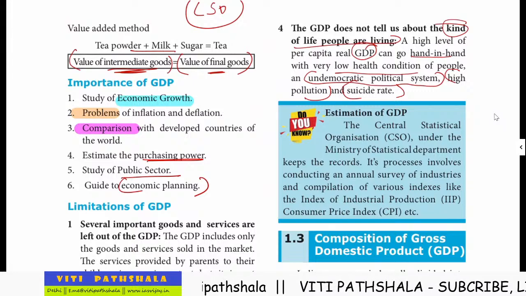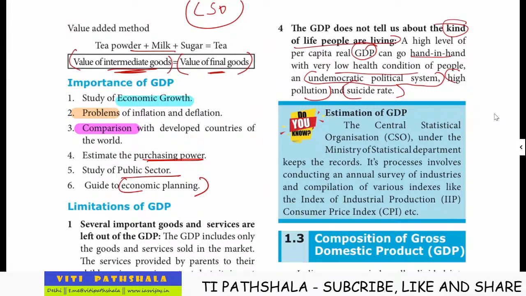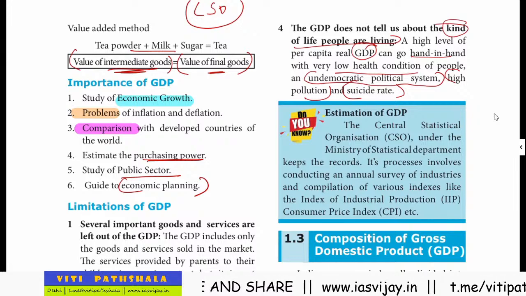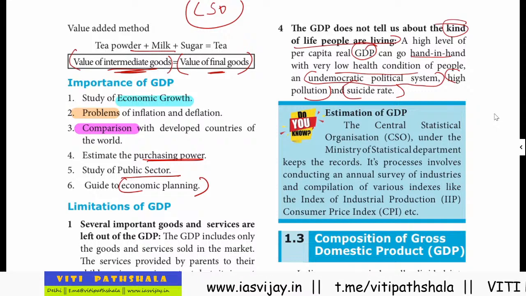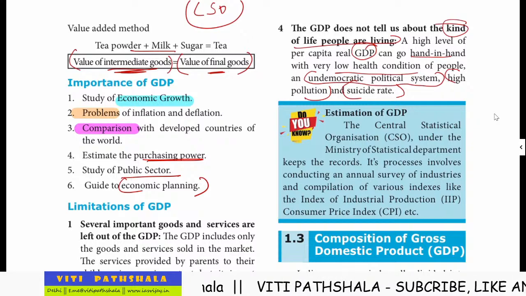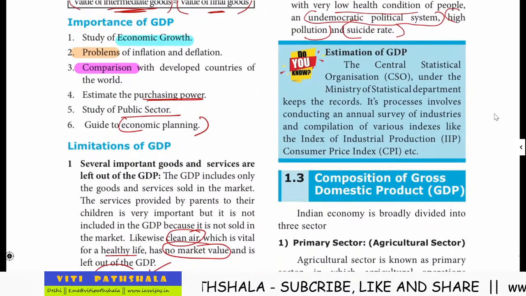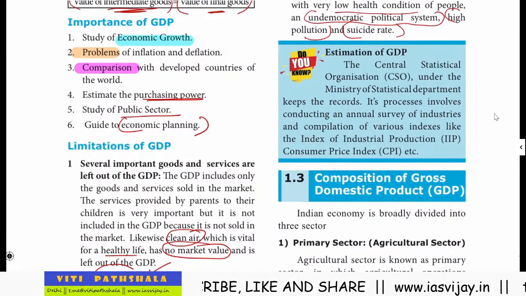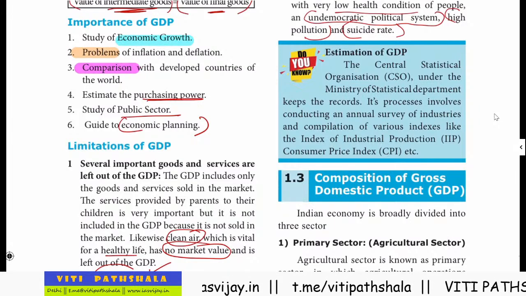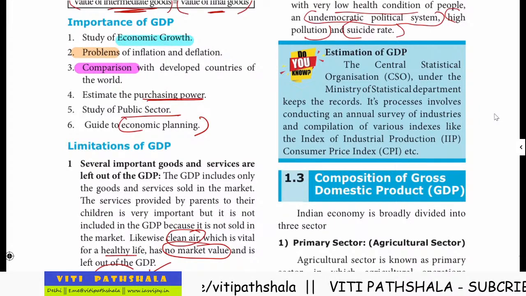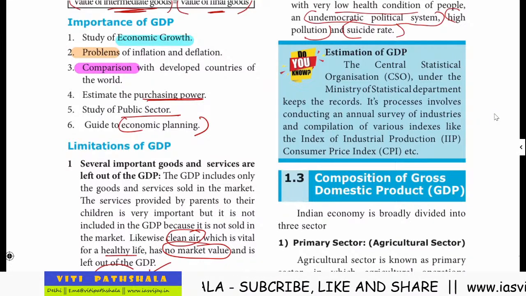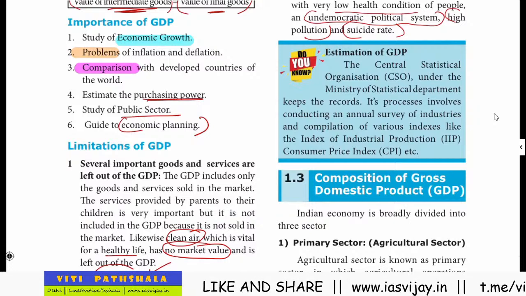You will only get the quantity of the products produced in China as compared to the quantity of goods produced in India, but you will not get to know about the quality, because you will not get to know about the labor laws, how harsh they are, or what type of government there is. Are the people happy or not? What about the quality of the goods? You know that Chinese goods are not qualitatively good.